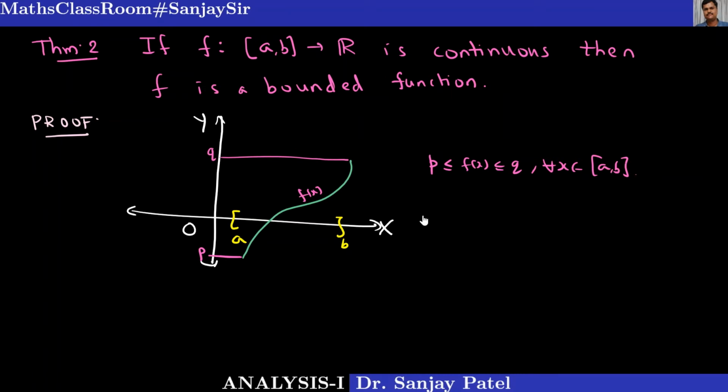A function is bounded if all values lie between some two constants, or I can also equivalently say that mod of f of x is less than or equal to some k, where k is some positive real number, and this must be true for every x in the domain, where k is some positive constant. This we have defined earlier. So you want to establish either this condition or this condition for a continuous function defined on a closed interval. So let us prove this.